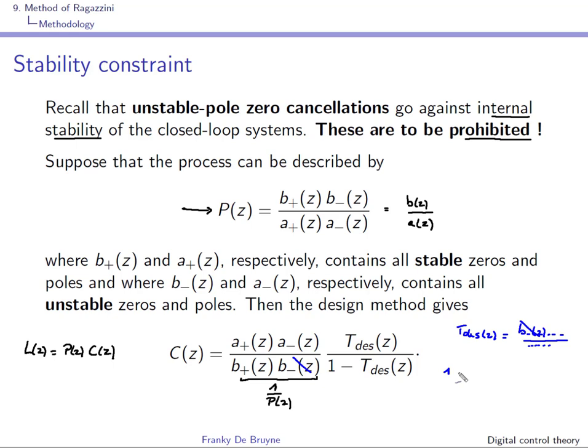So we have to impose that 1 minus t desired z can be written as a minus z, so it's a factor of the numerator, divided by something. And in such a way what we'll have is this one here is at the denominator, so we'll have a cancellation of this one and this one. So this a minus will disappear from the controller, and you cannot have any cancellations with the poles of the